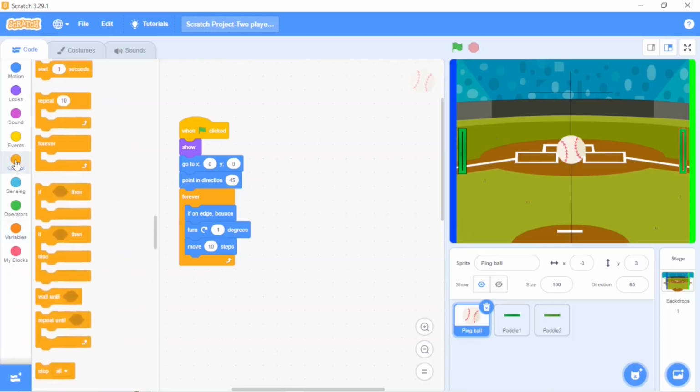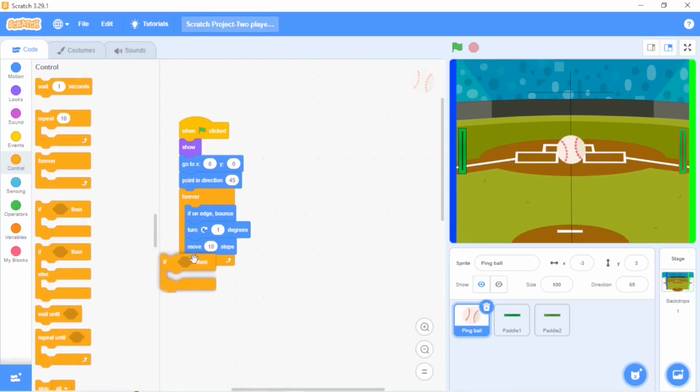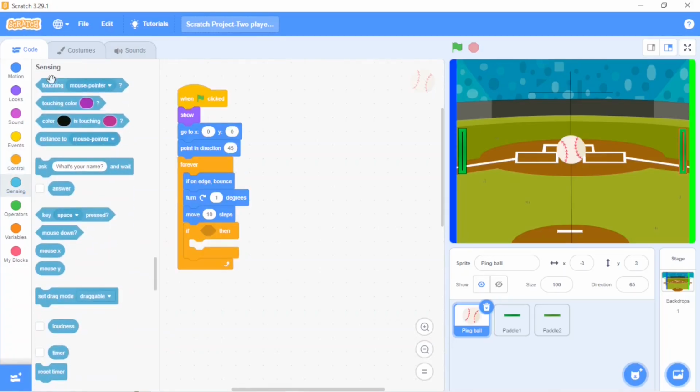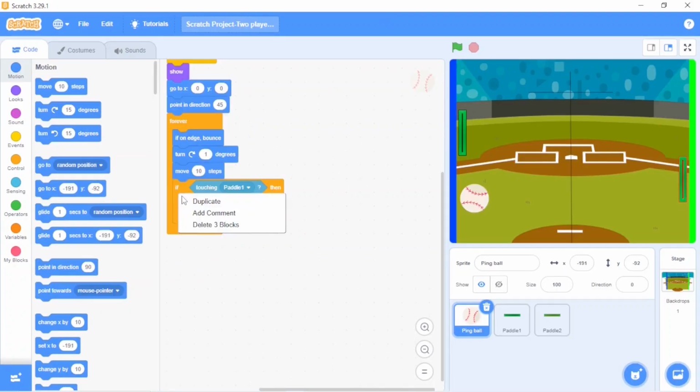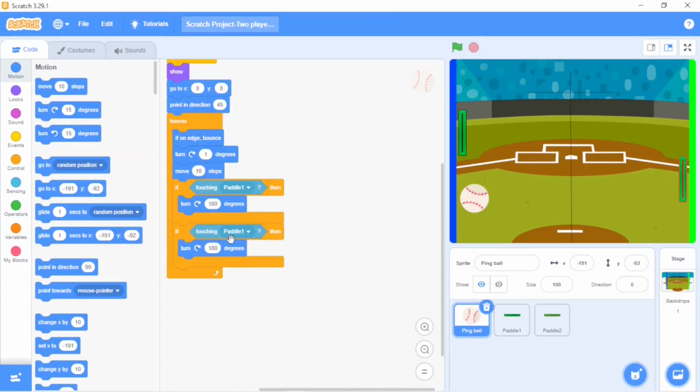First go to control and take if then, sensing, touching, pedal 1. Then go to motion and take turn clockwise 180 degrees. Duplicate this, put it over here, touching pedal 2. If touching pedal 2, then turn clockwise 180 degrees.